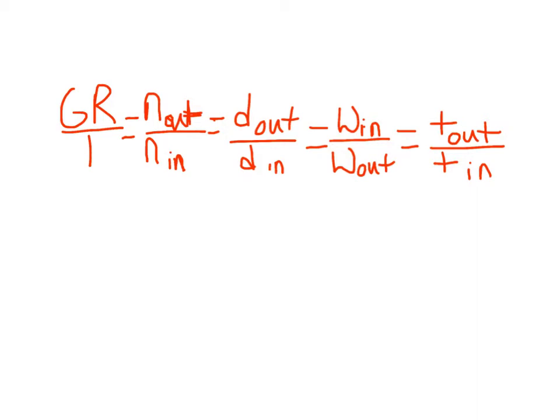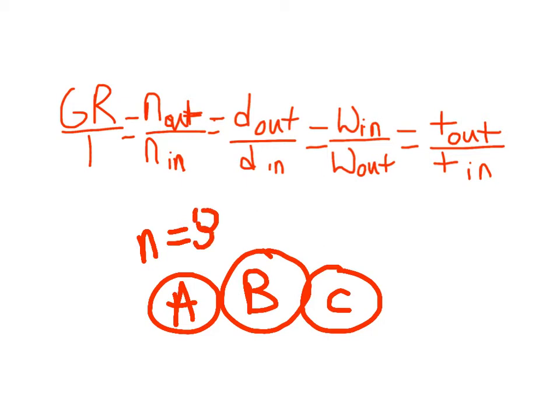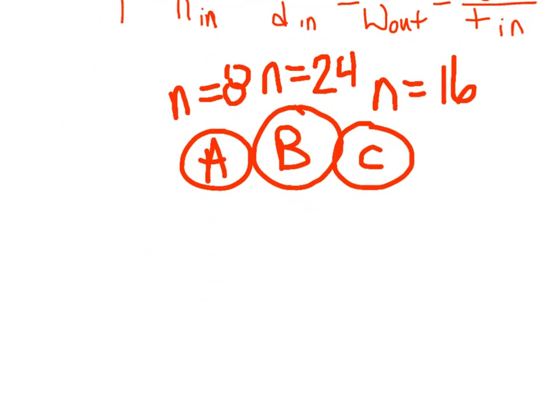So if we were to plug in a sample problem here and run some numbers, it might look something like this. We might have 3 gears in the configuration, and maybe we have A, and then we have B, and then we have C. So let's say that A, the number of teeth, is going to be 8, and B, the number of teeth, is going to be 24, and C, the number of teeth, is 16. And it might ask you to run some numbers and figure out, if the output is at C, what's the